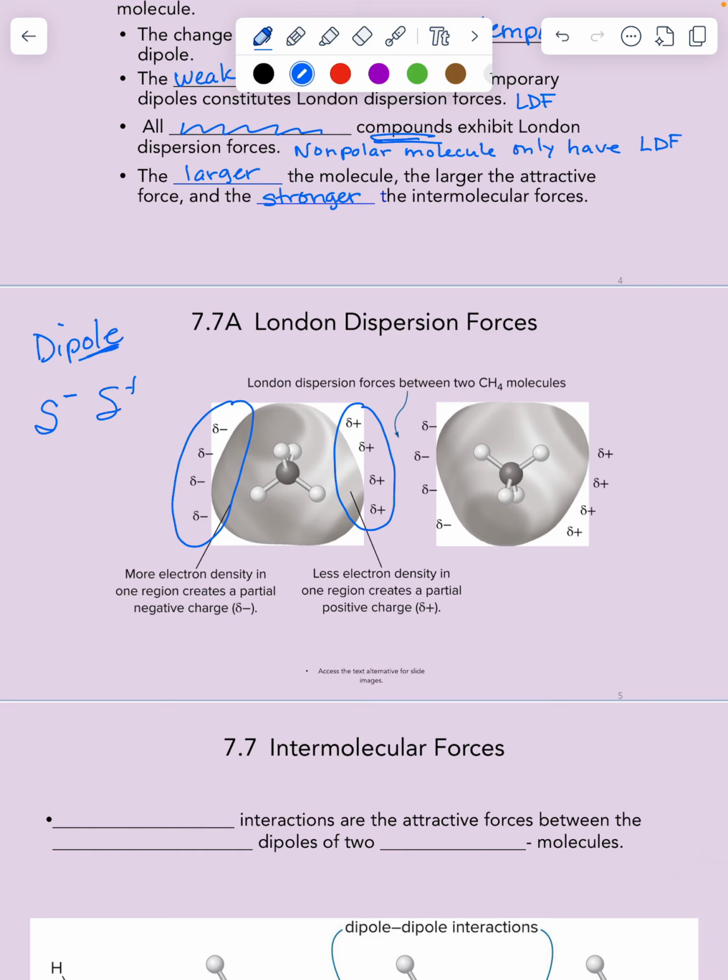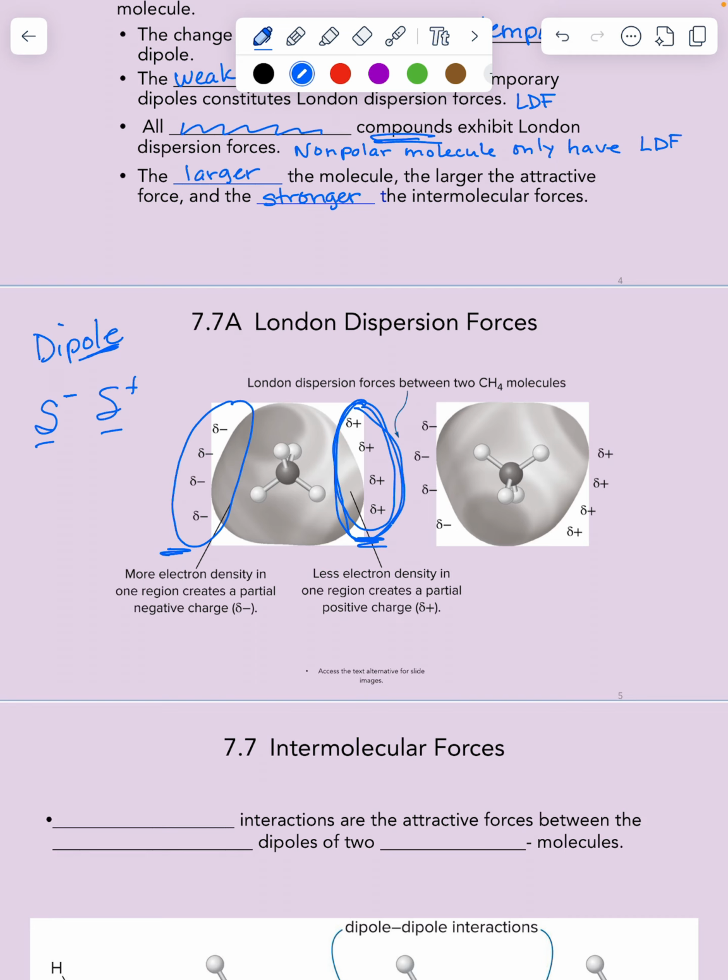Here's the negative side and here's the positive side. And so it's showing here that more electrons are on the negative side and less on the positive side. Well, if this came in contact with another molecule, it could create a temporary attraction. It could, so this positive side, right here, all of this slightly positive side of this atom, molecule,